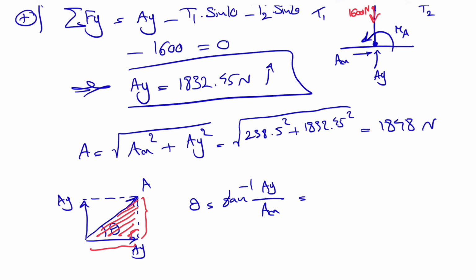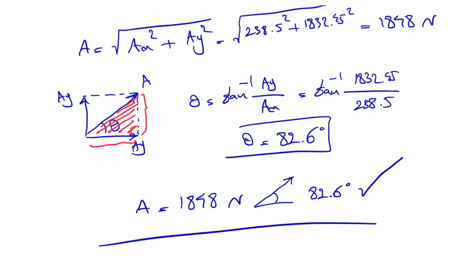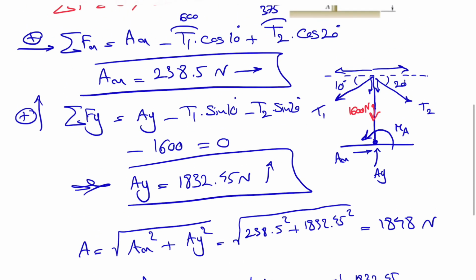And we have tangent inverse of AY, which was 1832.45 divided by 238.5, and that's gonna give us 82.6. And if we want to write down the final answer for A, we will have 1848, don't forget the unit, and the angle that we have in here is 82.6. That would be the final answer for A, but we still have one more unknown,